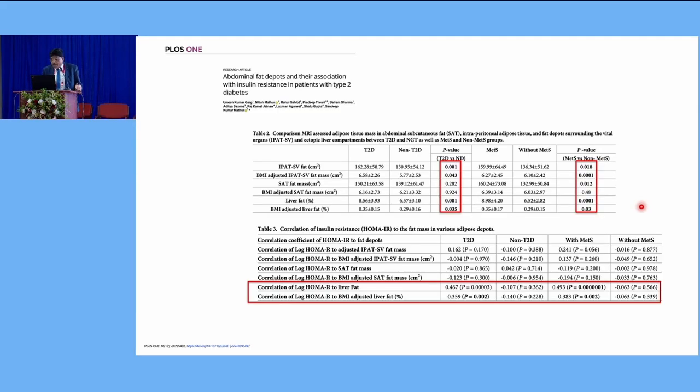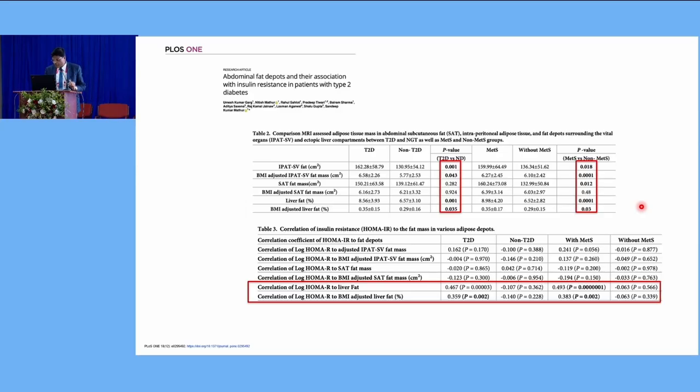Secondly, HOMA-IR showed a stronger association with liver fat in diabetics as well as in metabolic syndrome. Liver fat showed strong association, but subcutaneous fat doesn't show any association, and the fat around the vital organs showed a weak